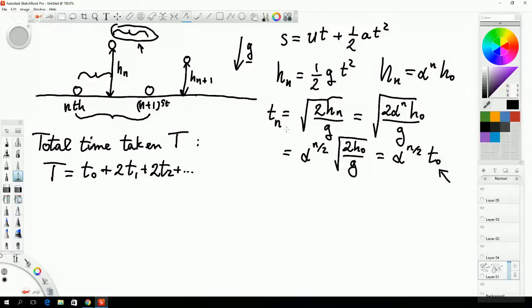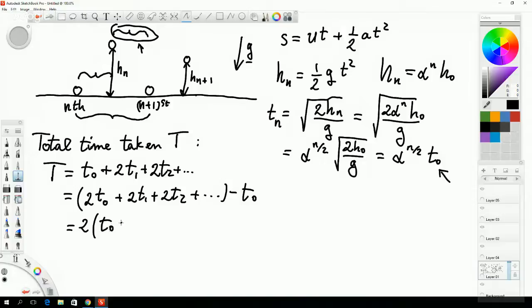So we have a very similar situation to what we had before. Let's do the exact same trick and rearrange this a little bit. We first create the 2 by hand in front of the t naught, and then we have to compensate by removing t naught. But then we have an expression for tn as a function of alpha and t naught. So let's use that, and we end up with 2. Well, we can take the 2 out for sure, and then we have t naught plus